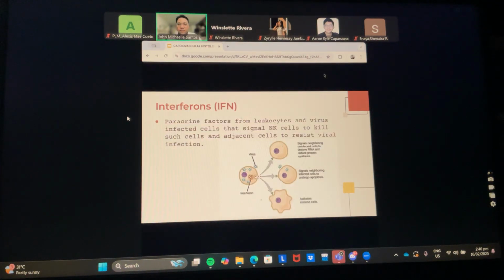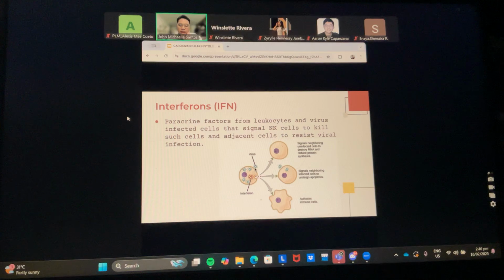And then also part of your immune system are your interferons. Your interferons are paracrine factors from your leukocytes and virus-infected cells that signal your natural killer cells to kill such cells, and adjacent cells to resist viral infection. So what are our interferons? Here they are. For example,